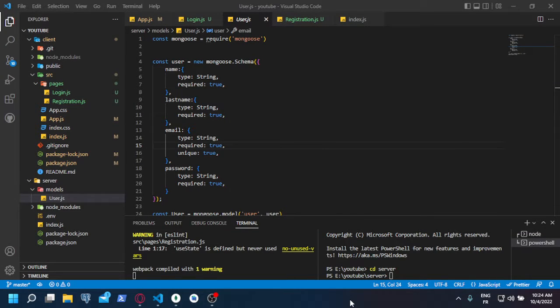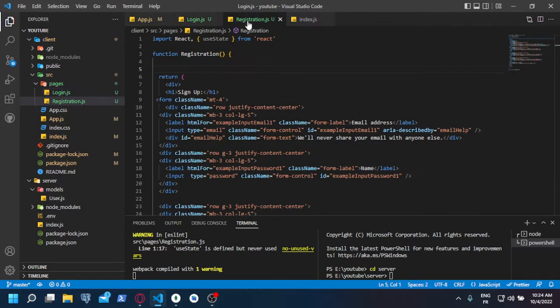Hello guys, in this part of the tutorial I'm gonna show you how to make the user registration into the database, which means we are gonna save the information related to the user on our database. So I'm gonna start with the front-end side work, client side, registration. I'm gonna prepare some useState hooks,